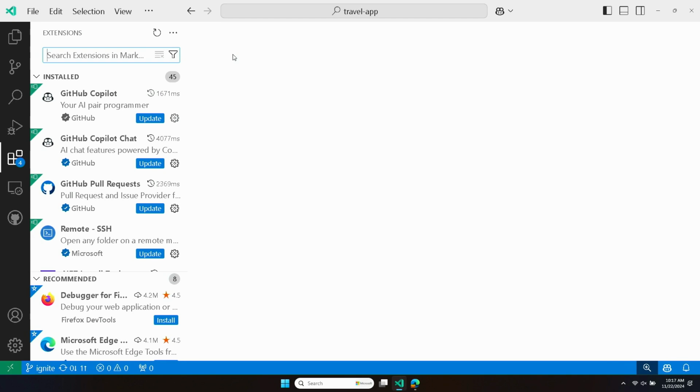I'm sure a lot of folks here are using Copilot. You already know that at this point, too. A distinction is that Copilot, the one that's just called GitHub Copilot, is going to give you those ghost text completions or suggestions as you're typing. So you're typing something out, and it suggests, hey, here's the next thing maybe you can insert or add to your code. That comes from this extension. GitHub Copilot Chat is going to let you actually have more of those conversations with Copilot. Ask it things about technology in general, ask things specifically about your project, and be able to interact in kind of a more natural language way there.